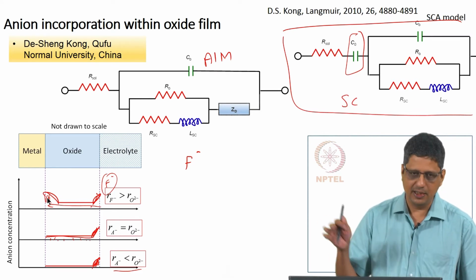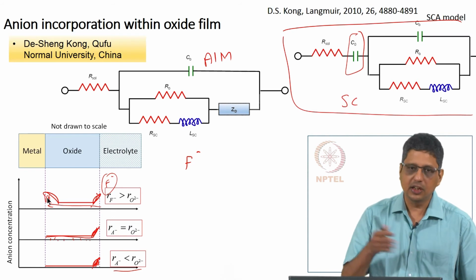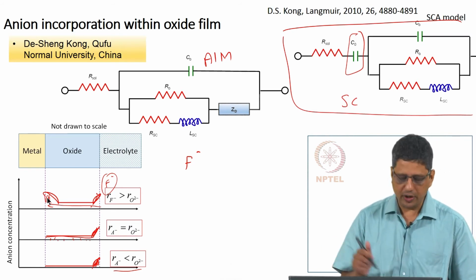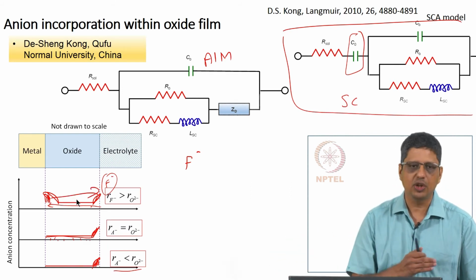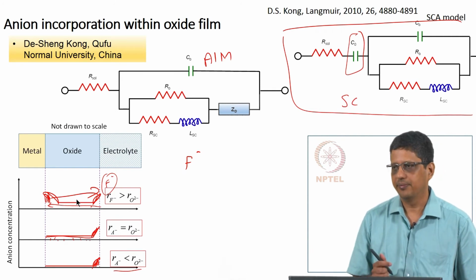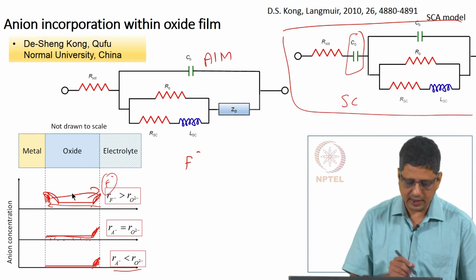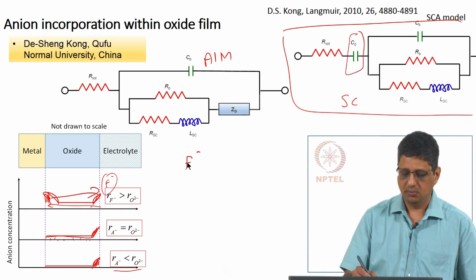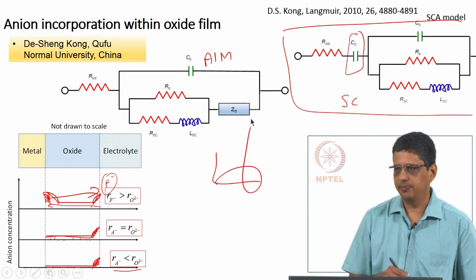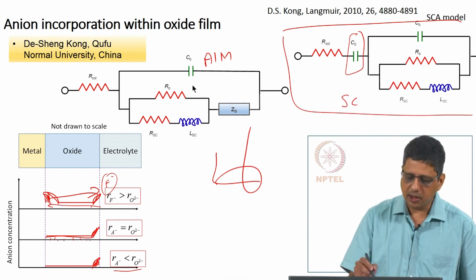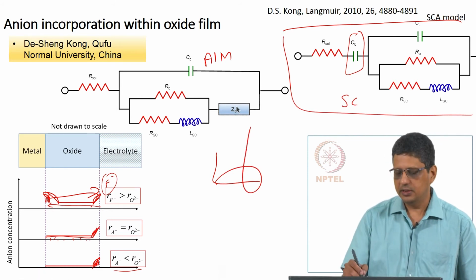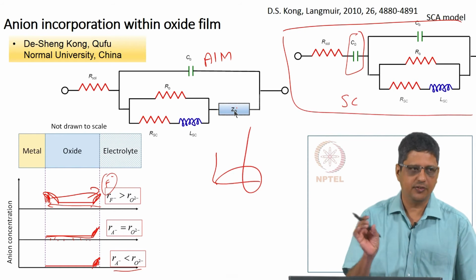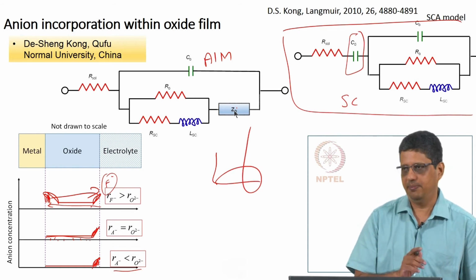Now, if you apply an AC potential at high frequency, it can't keep up with that, it will not just move with the potential. At low frequency it is possible these anions will move to this side and this side, and they are moving faster than what you would expect with the oxide anion. And his proposal is that this can cause the behavior where at low frequency it goes up. So, they take part of the surface charge model, and they incorporate diffusivity here. This diffusivity or the mass transfer relates to the movement of the fluoride ion, which is incorporated in the film.